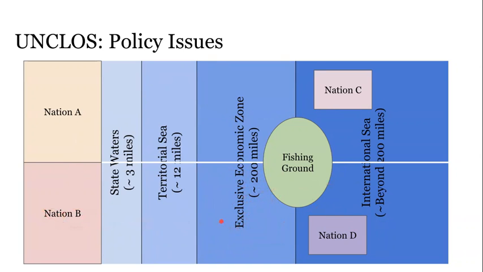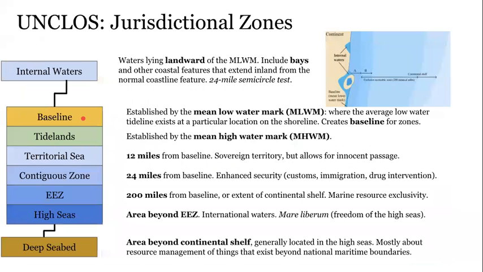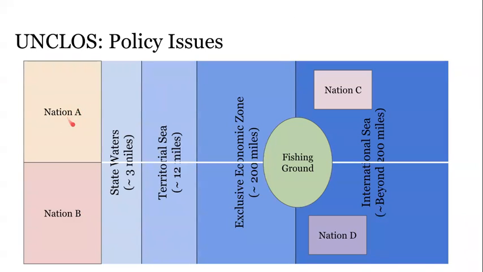And if I don't want to grant you access, then you don't have access. You can see a scenario where nation B might not be technologically advanced, or might simply not choose to put its resources into a fishing industry, but still have fishing ground located solely in its exclusive economic zone. And it might say, hey, neighbor, nation A, you have a well-developed commercial fishing fleet. I will grant you permission to access my fishing ground, if it was located here, as long as you pay me fees for doing so, and then I can redistribute those to my population. And so we both win. You gain access to a resource you don't have access to.